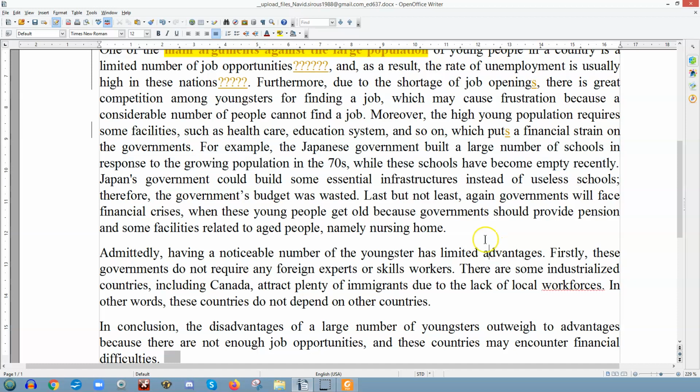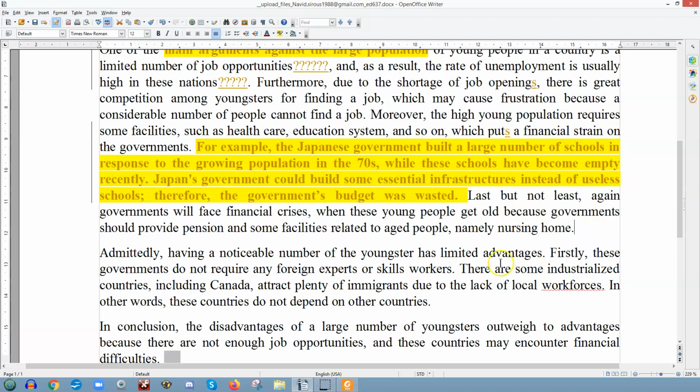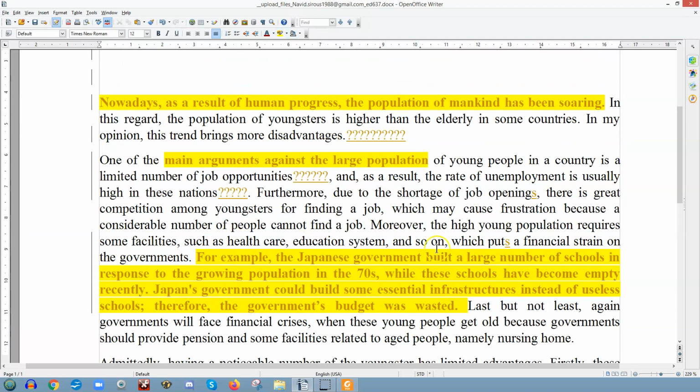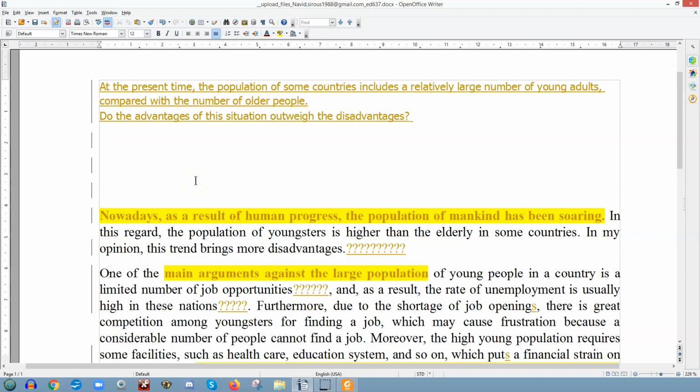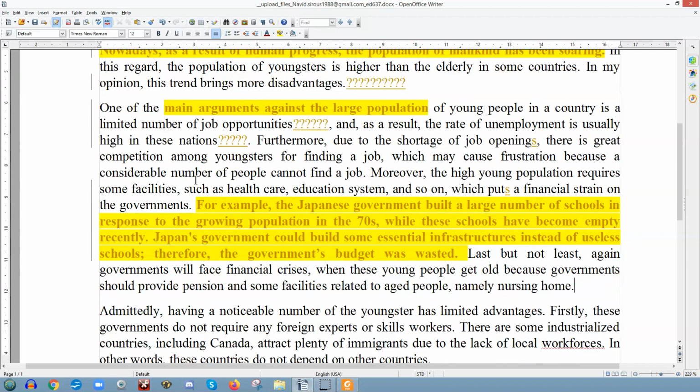"Japan's government could build some essential infrastructure instead of use of schools." Governments, but what does this have to do with anything? You're talking about, right. Why didn't you simply say the advantages are blah blah blah? However, the disadvantages are blah blah blah. So, one of the main arguments against a large population of young people is one of the disadvantages about having a large number of young people